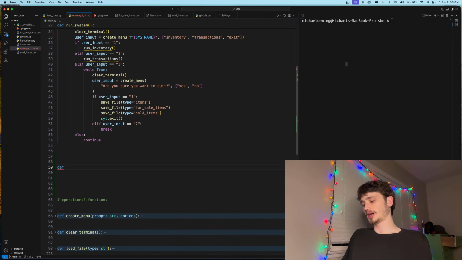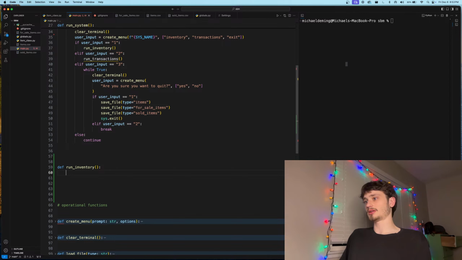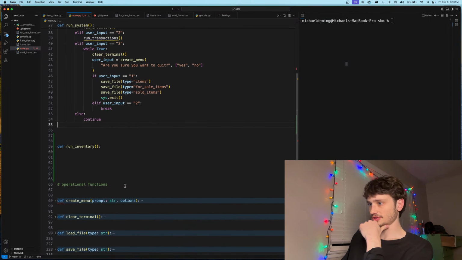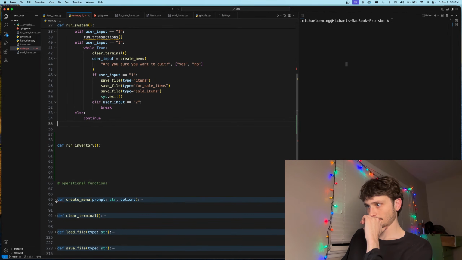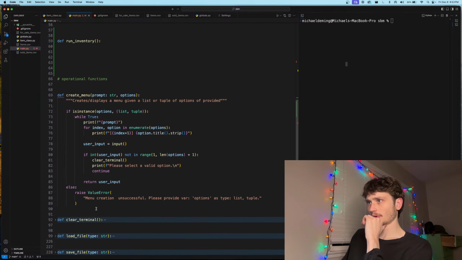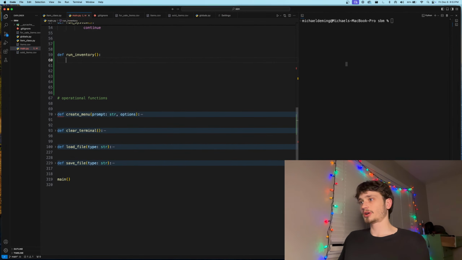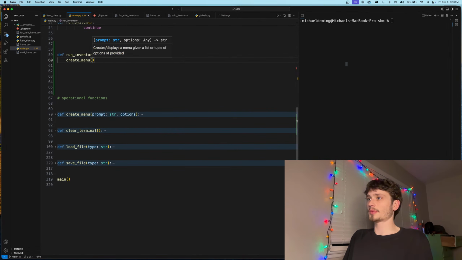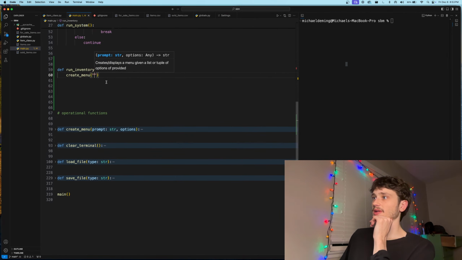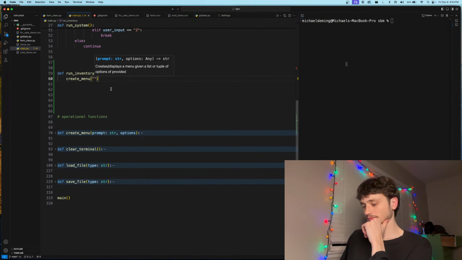So let's go ahead and establish a run inventory function so that we can create this inventory. So we're going to prompt the user with a... why am I getting a... oh yeah, it's because I have this open function. So we're going to create a menu here. We're going to give it a prompt of